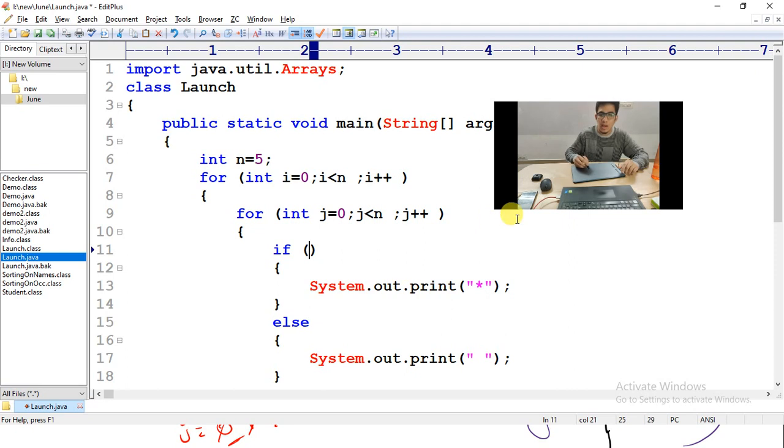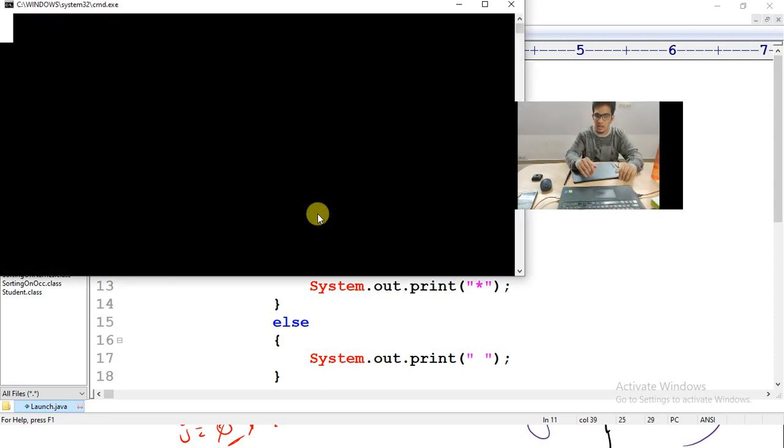So you have to go and see what's the condition for C. If you have to print C, you already know. You want the first row, so i is equal to 0. Then C means there is a last row also, so i equal to n minus 1. Or then C means there is a first column, so j is equal to 0. See, these three things I have to tell, so I'll be getting the C.